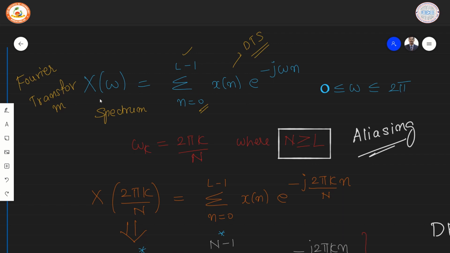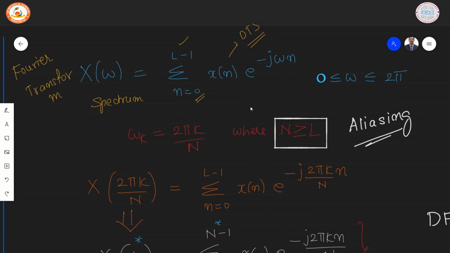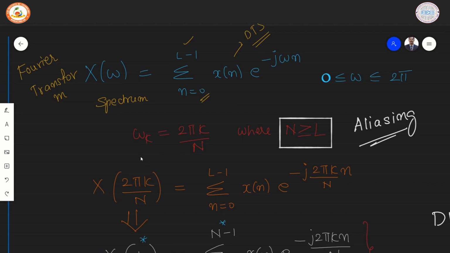We obtain the spectrum which is called X of omega, and omega lies between 0 to 2 pi and it is periodic. Hence, to make it more computationally efficient, we decide to sample the spectrum which was periodic as well as continuous. The process has been described. The omega is changed to omega k equal to 2 pi k by N,